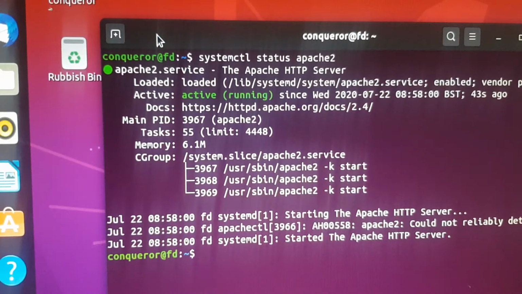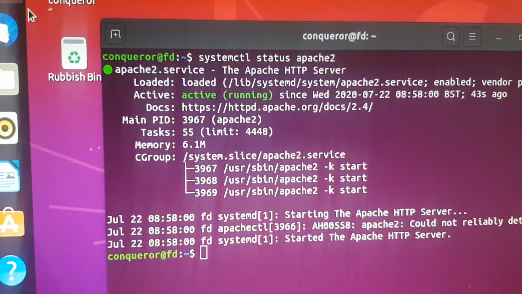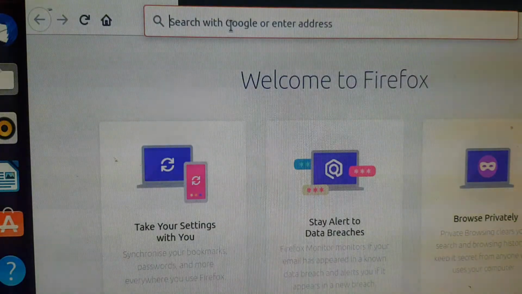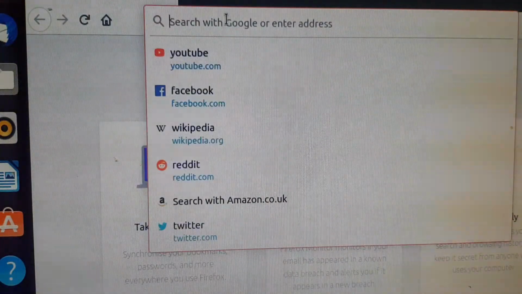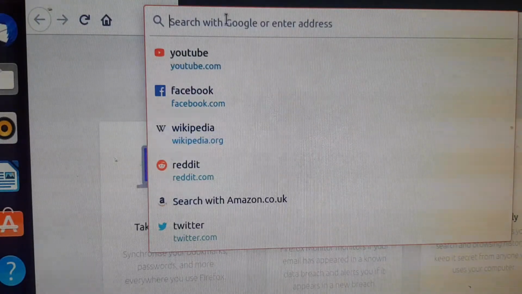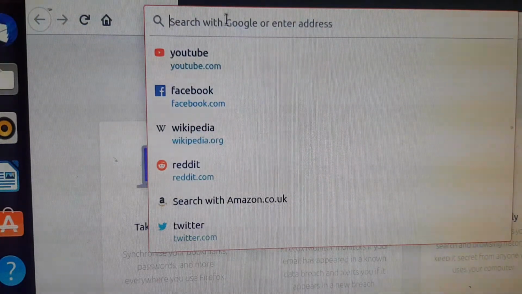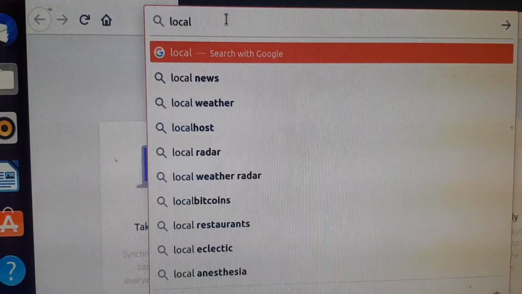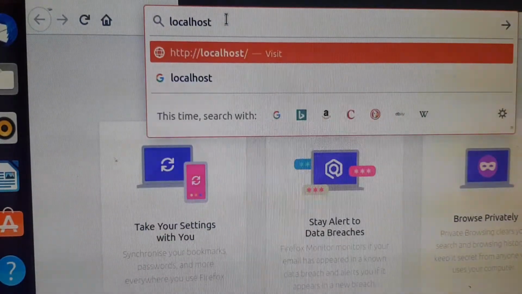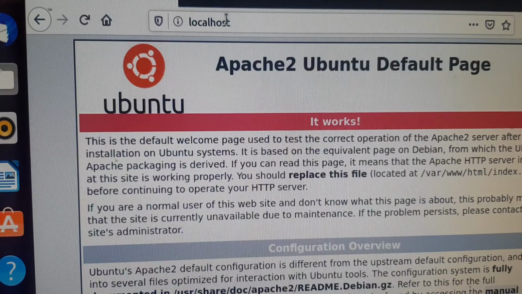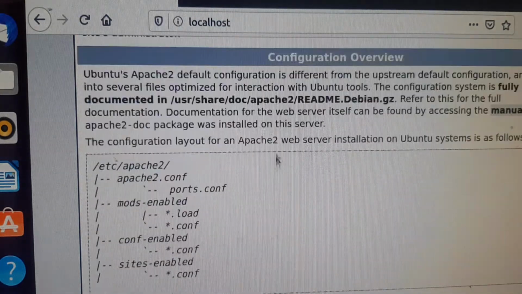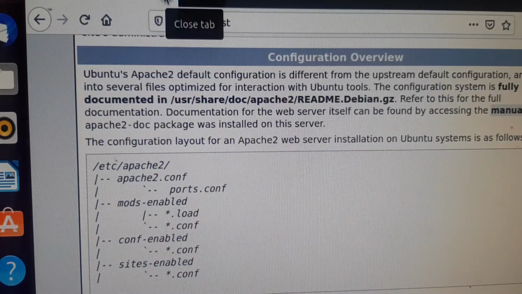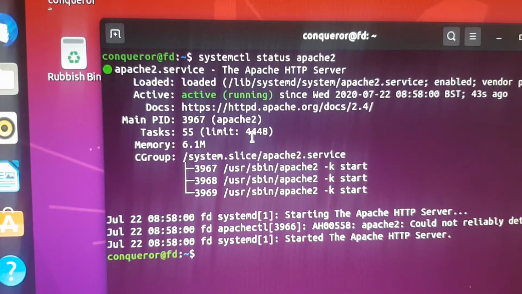on the browser. Some people do use their IP address, but I use localhost. Just type localhost and press enter. Yeah, you can see the Apache2 Ubuntu default page. Everything is working fine. Not much waste of time. Let's go further and